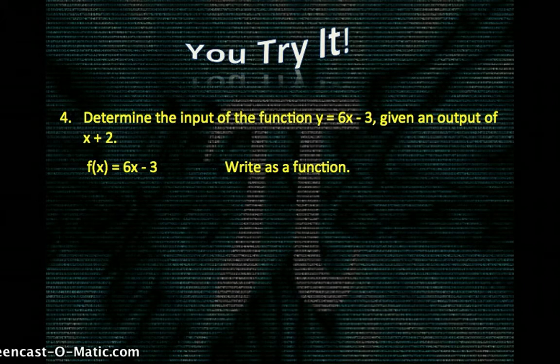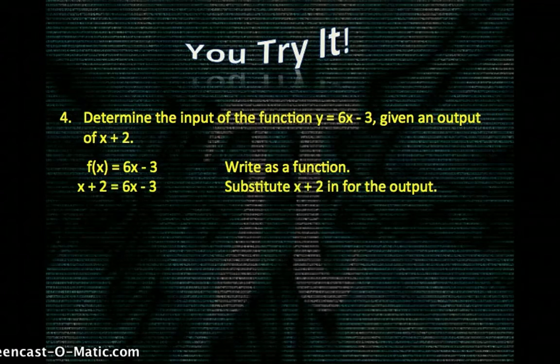All right, once you write the function, it's f of x equals 6x minus 3, where x is the input and the f of x is the output. So determining the input, you're looking for x. Given the output, the f of x is equal to x plus 2. You substitute x plus 2 in for the output,